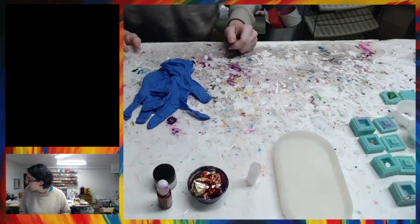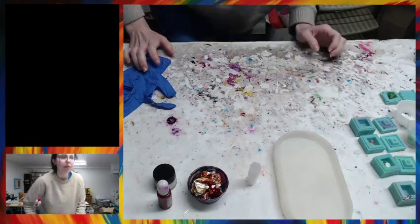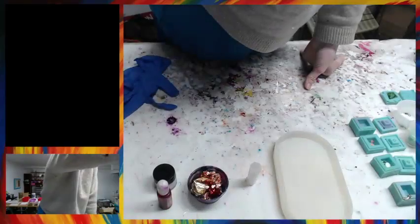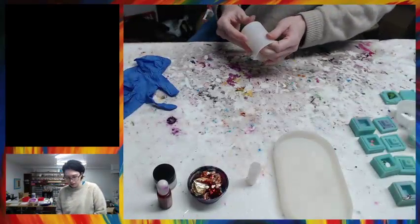Alright, there's 2 gloves. Before we do that, actually, I need to clean out a mixing cup, because I don't have a clean mixing cup up here. I need to clean these out. I just use them and then I throw them into my...